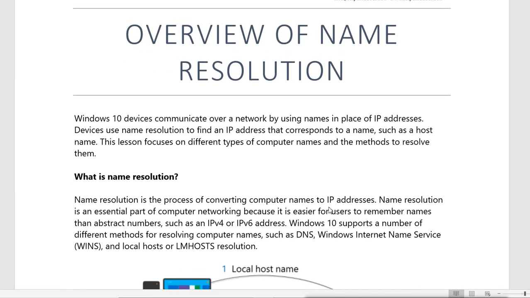We have DNS, we previously had host files, NetBIOS resolution, we had WINS servers also, but now we have DNS servers. But still our Windows 10 system still uses the host file to resolve. So if the records are there, it will be resolved from there, otherwise it will go for the DNS server. And this is how the name resolution works in Windows 10.